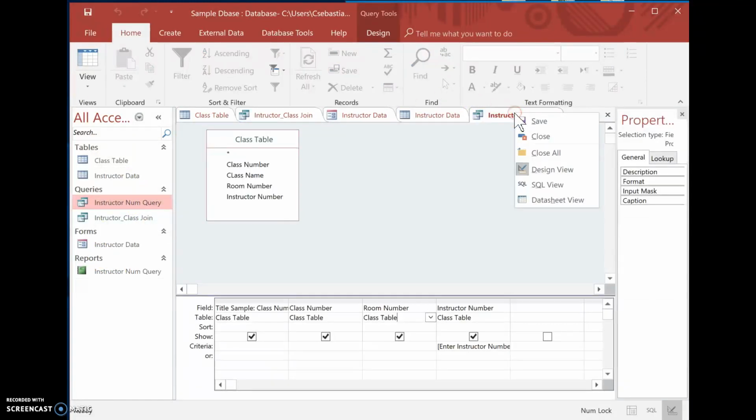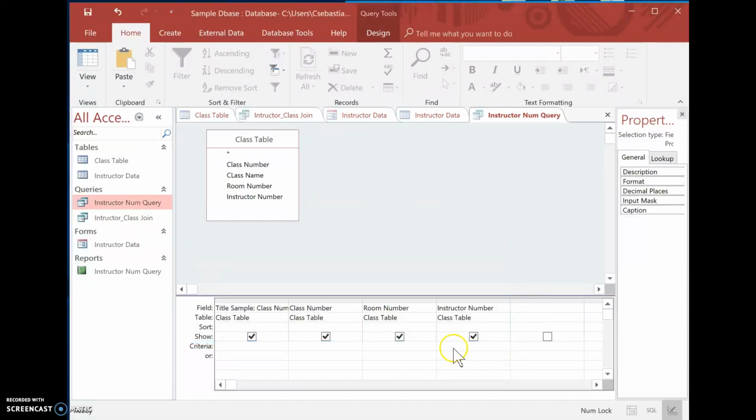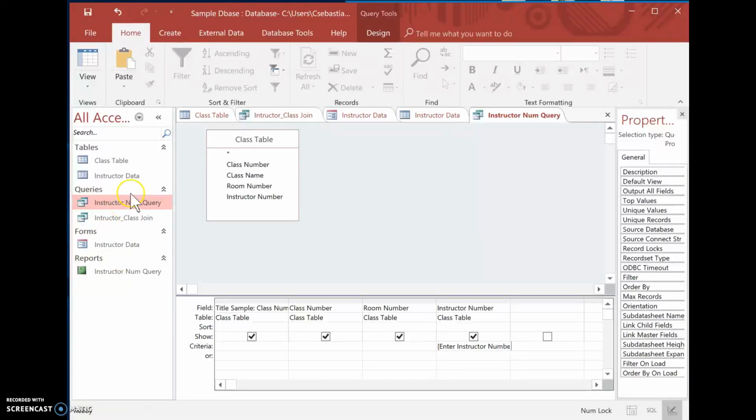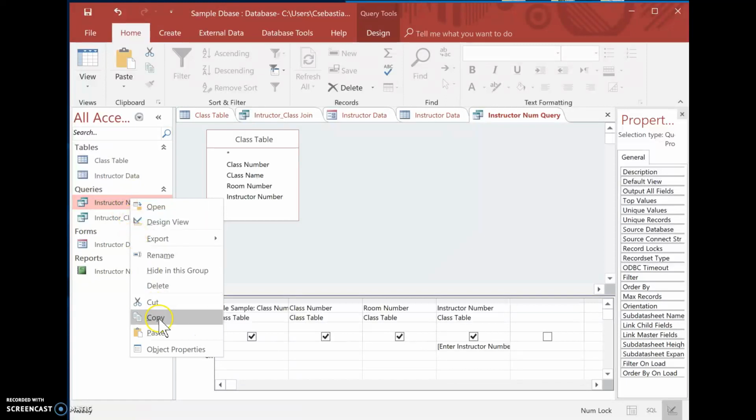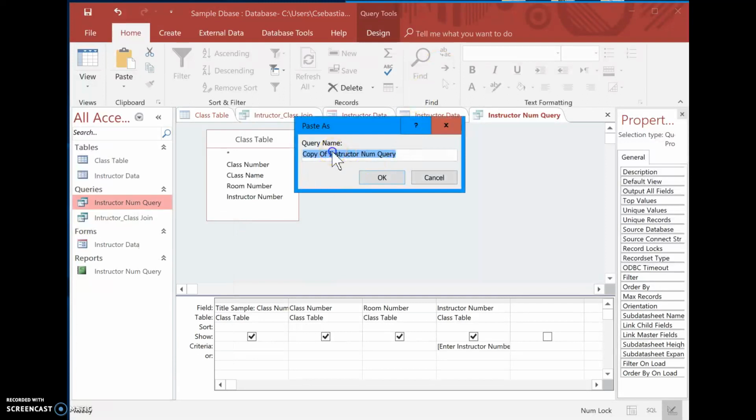If I come to instructor number query, I go to design. If I want to do it for all the instructors, I can click off this, right? Ideally, let's just do it this way. Oh, cancel. Okay. Oh, let's do it again. Hold on. Enter instructor number, right? So I can still keep this. What I'm going to do is I'm going to copy this, and I'm going to paste it, and I'm going to call it